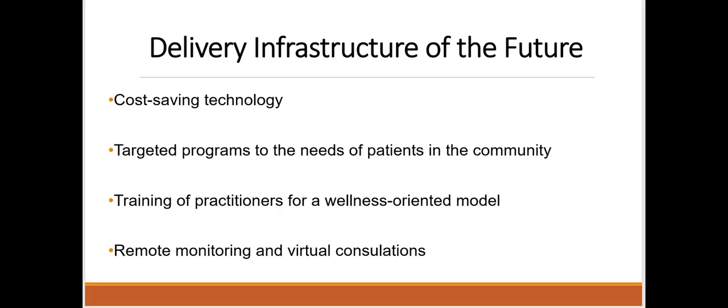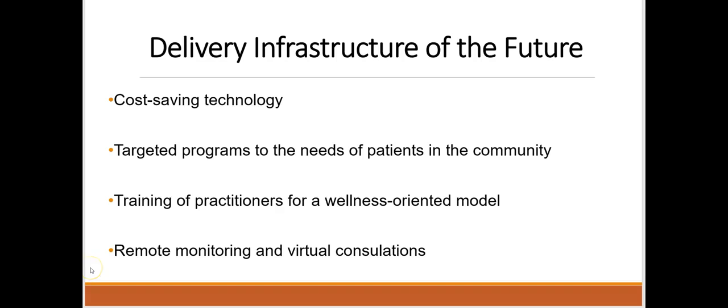Cost-saving technology, targeted programs to the needs of patients in the community, training of practitioners for a wellness-oriented model, and remote monitoring and virtual consultation. So these are the areas that will continue to evolve in our healthcare delivery system.